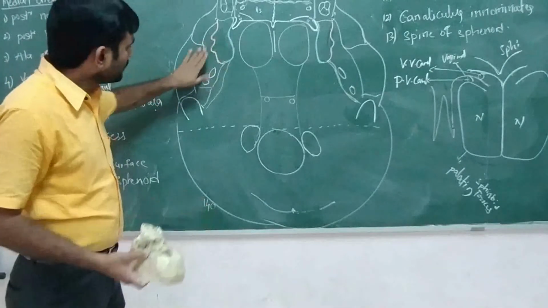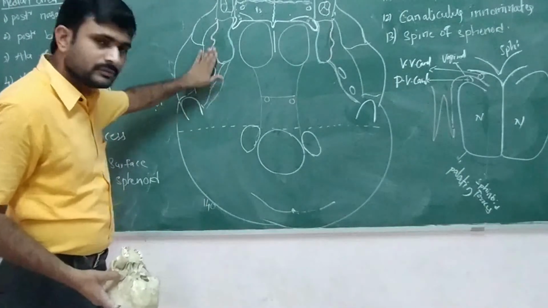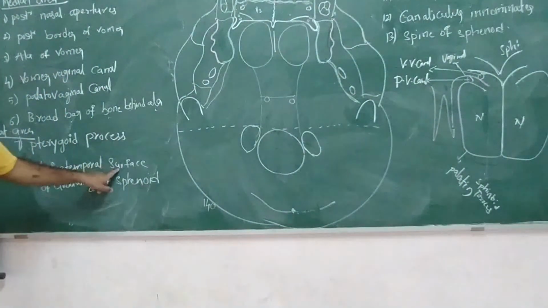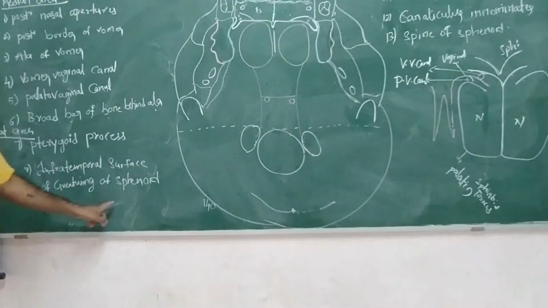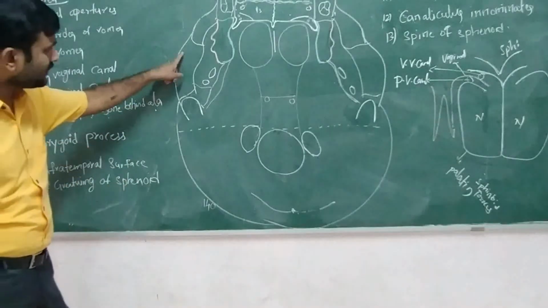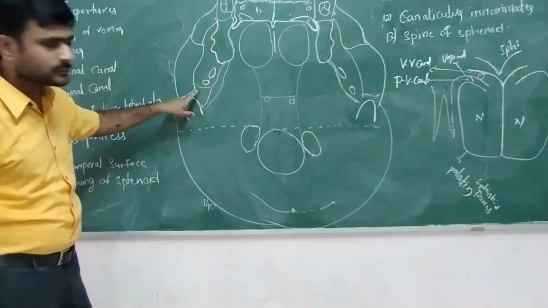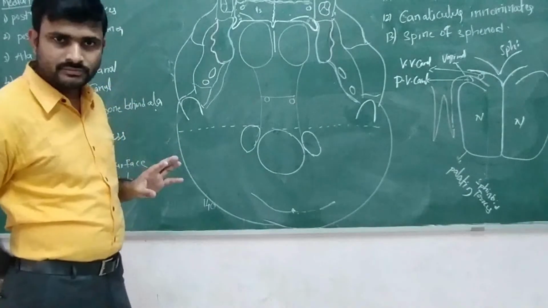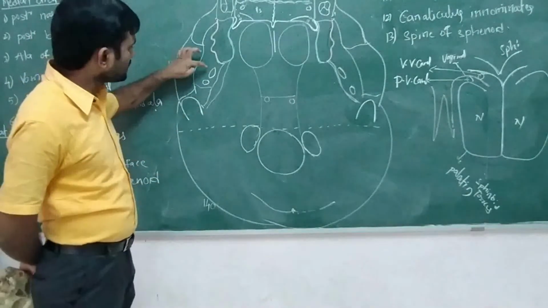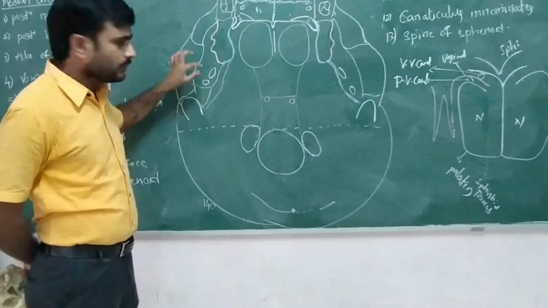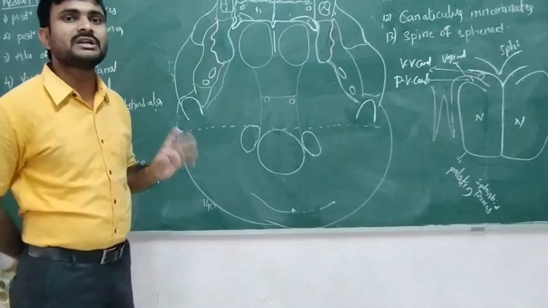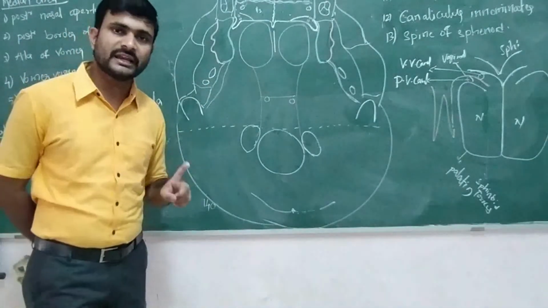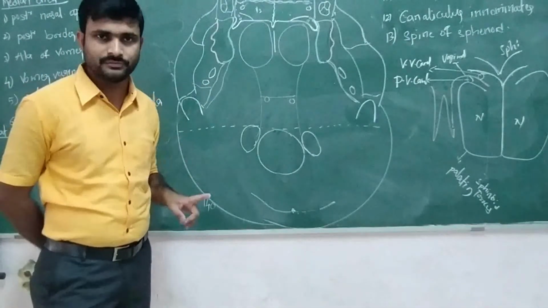Now next we come to this part. The name is the infratemporal surface of the greater wing of the sphenoid. This is the area. I will show you this area practically also. It is pentagonal in shape, and it contains 4 foramina. Here only 2 foramina are present, but 2 more are there. Those are the innominate foramina. And in this part, one muscle is attached, called the lateral pterygoid muscle.